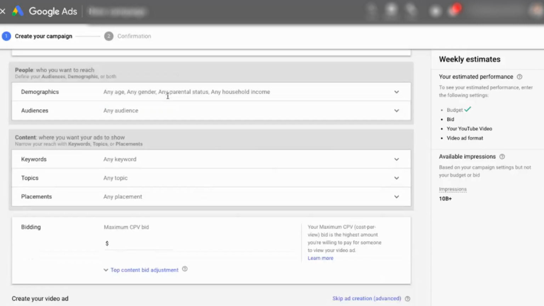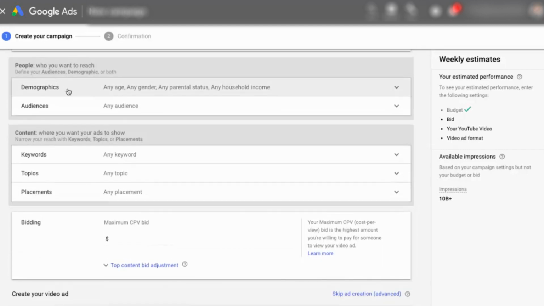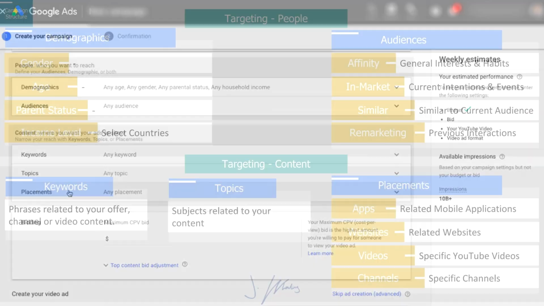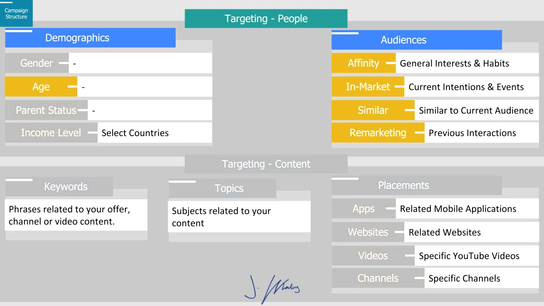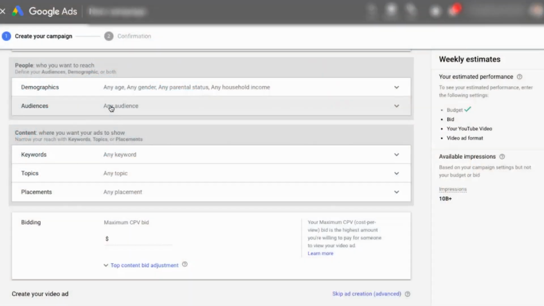And we have lots of targeting options here. You see we have people, demographics, audiences, keywords, topics, and placements. And out of all of these targeting options, there are only 5 that you need to worry about. Age, because we want to make sure that we're not advertising to the 18-24 demographic who typically don't buy anything. And then we'll be using affinity, in market, and then your remarketing in similar audiences later on. Remember, when we first set up our account, we set up those remarketing audiences. Those are going to be pure gold in a couple of weeks or months after you've driven a couple thousand leads to your website. Now here, what we're going to do is focus on audiences.